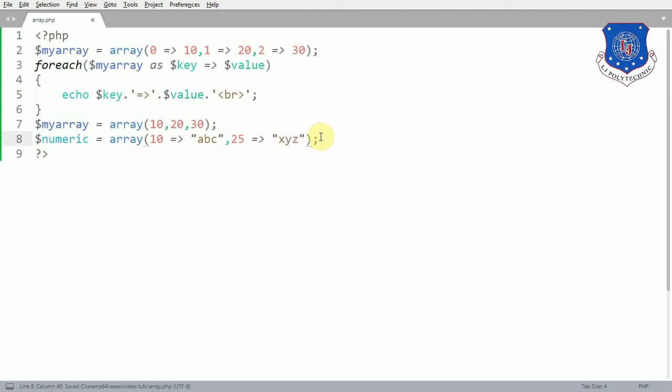So you can see that keys are numeric but they are not in sequence, but still this array is a numeric array because every key in this array is numeric.